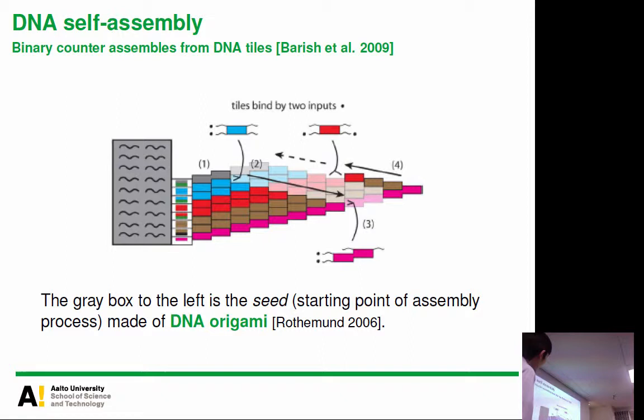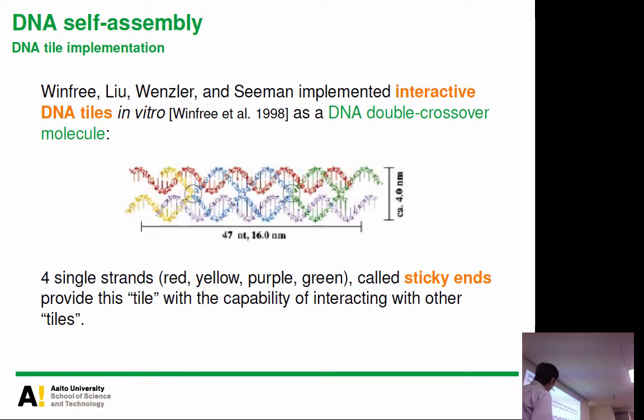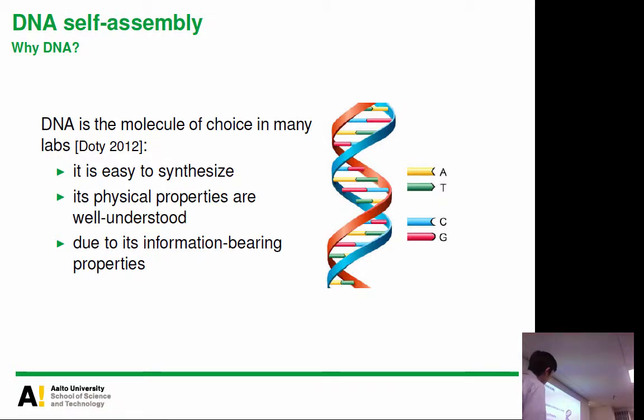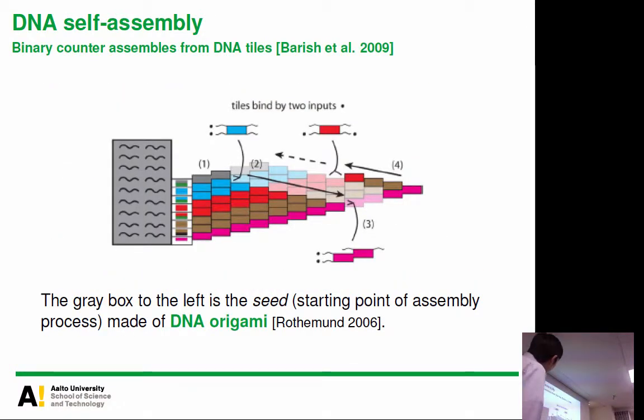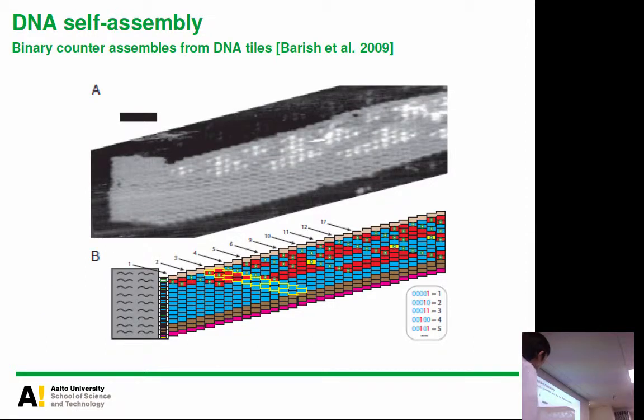So using these properties, if we put lots of different tile types, depending on these single-stranded sequences, their way of binding is different. I don't say that any tiles can get together, but let's say, for example, this one must shake hands with this one. We can control such behaviors by designing these sequences properly. So then they bind and get together. Then what happens is that we get such a nice structure. This is an AFM image.